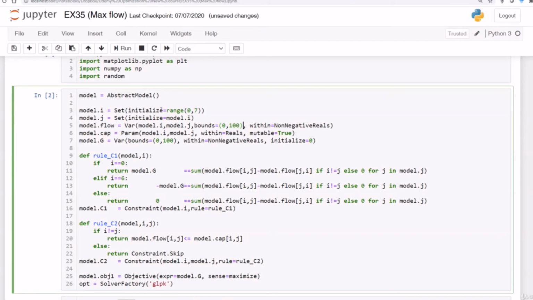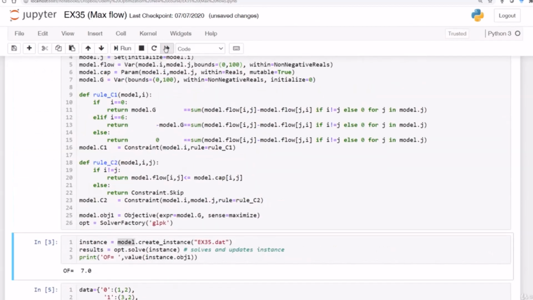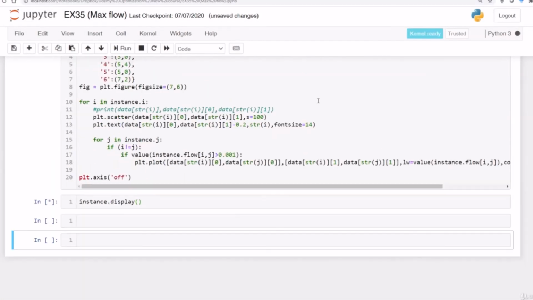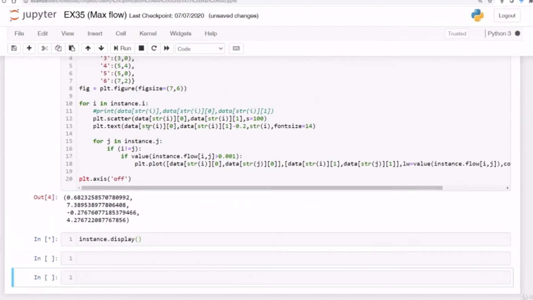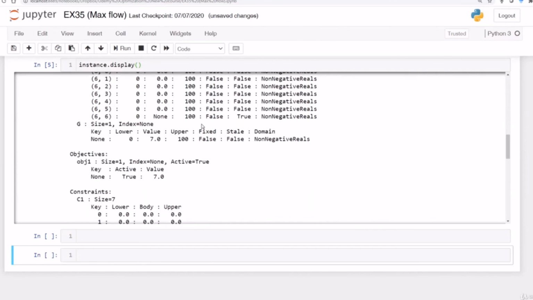So if I run the code again and run all the tabs and see the results, as you can see here, the upper bound of the variable flow is now determined. Okay, so these are the steps that you can follow to improve the way you run